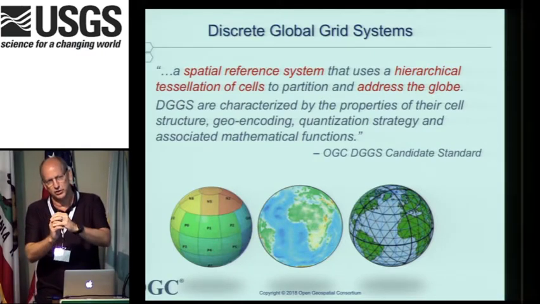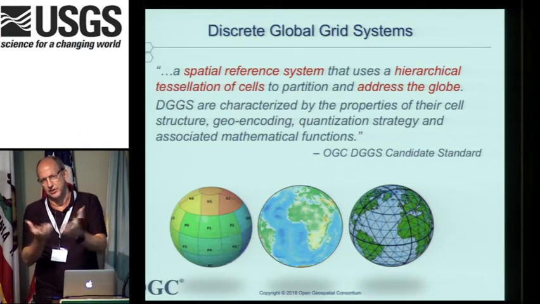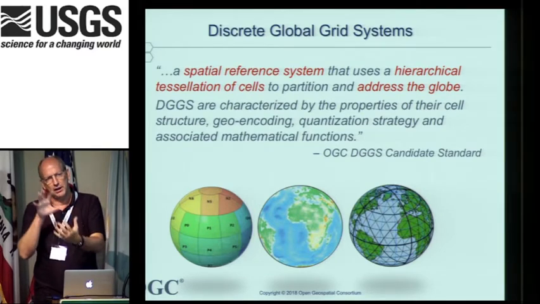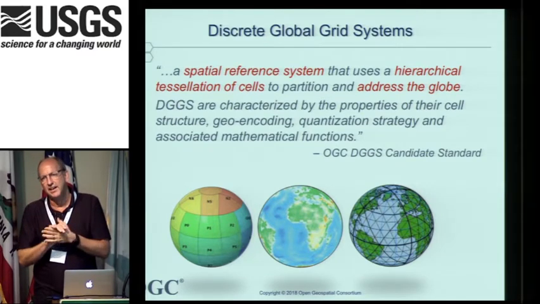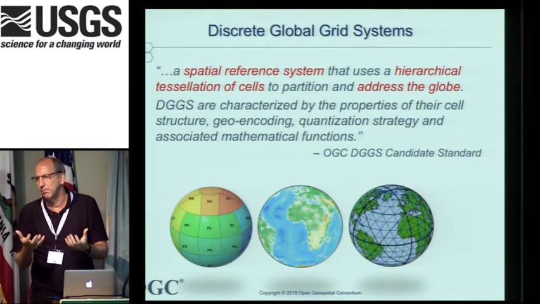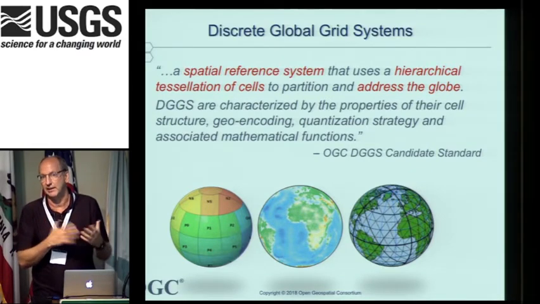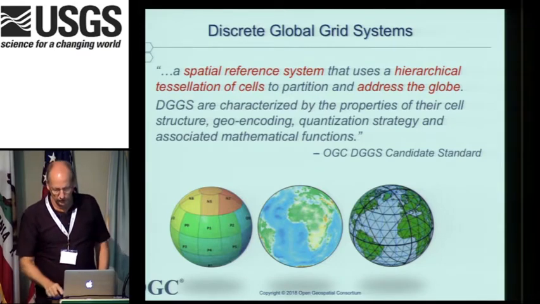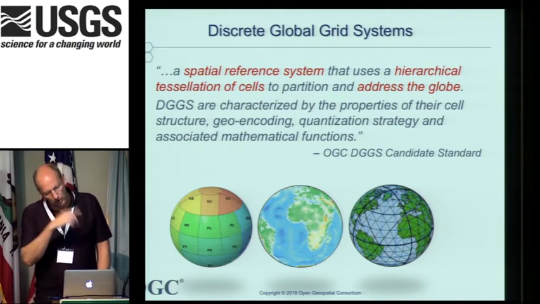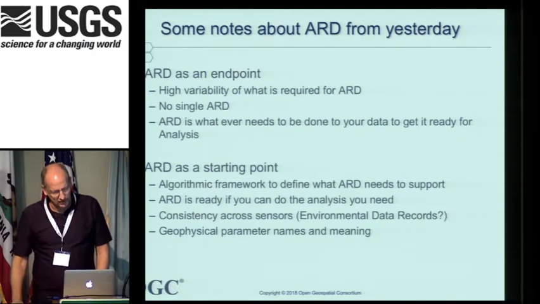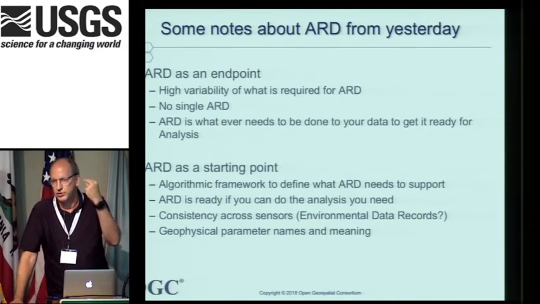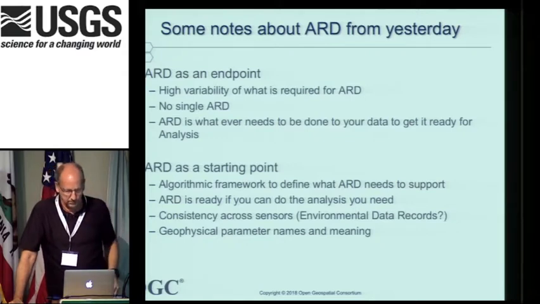So you choose a cell structure, you choose how that tessellates the surface of the earth, and you figure out a resolution pyramid that goes with that. You have a very efficient and useful and interoperable way of describing the grid that you're going to do analytics on. So it can be very useful in this context as well. So that's the parts that we bring: maps, coverages, coverage processing language, and discrete global grids.